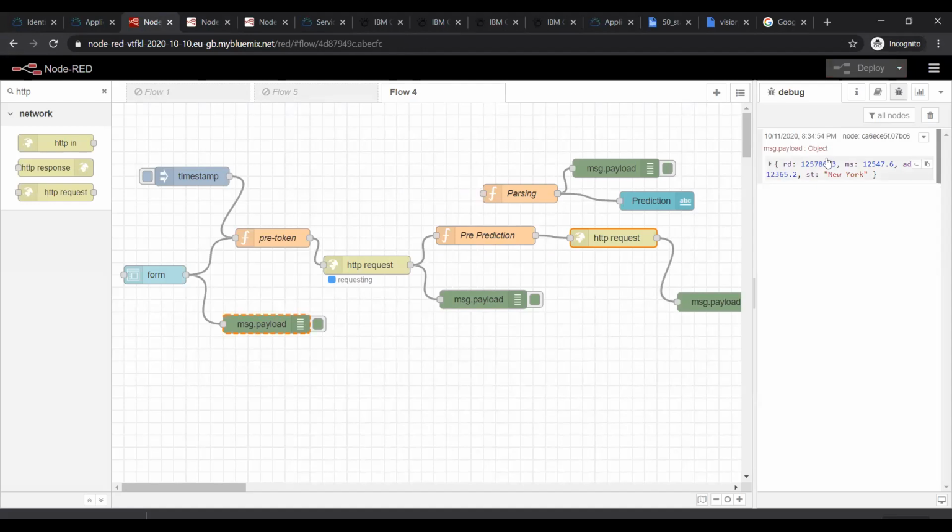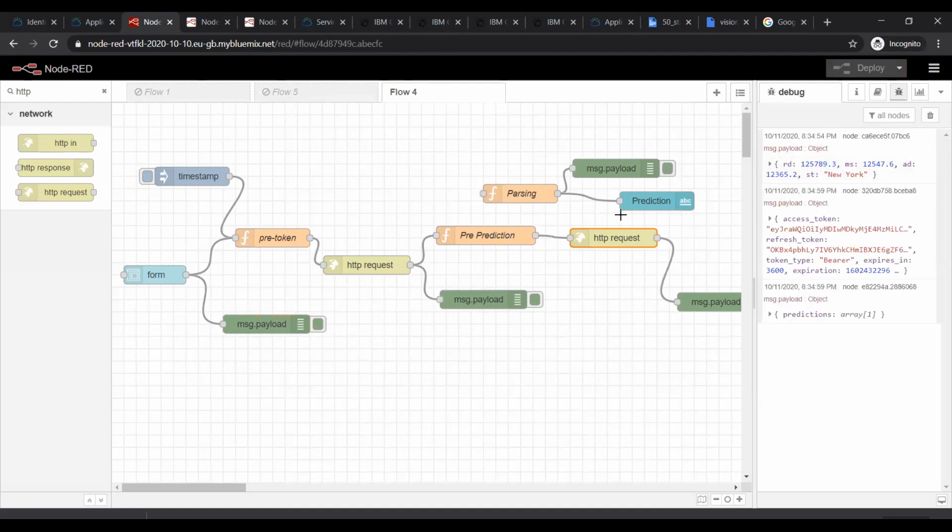First the values have been fetched. Now it is requesting. It has generated the access token. After that, it has gone to this HTTP request. It has requested, and now you get the predictions here. If you open the object message.payload, under that you have an object, and in that you have a variable named predictions. Inside 0, you have fields and values. Under fields you will have this prediction. If you click on values and inside that 0, you will have the value, right?